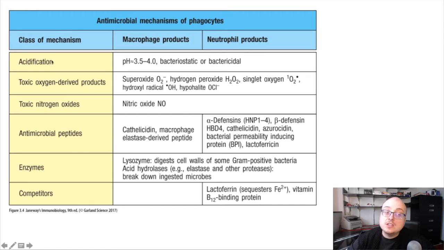They include certainly acidification, so lysosomes have low pH in the range of about 4, and that's either bacteriostatic, meaning it prevents bacterial growth, or for many bacteria, that's bactericidal, it actually kills them. So that's an important feature. Phagolysosomes also contain reactive oxygen and nitrogen species. So these reactive, molecular species react with the membranes and the organelles of the bacteria or other pathogens and neutralize